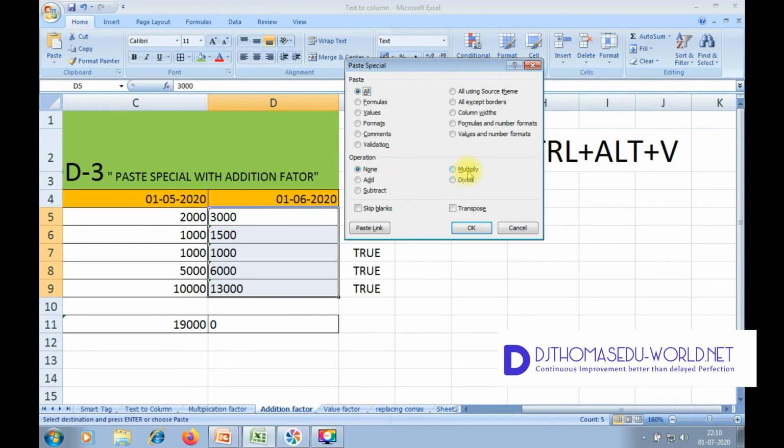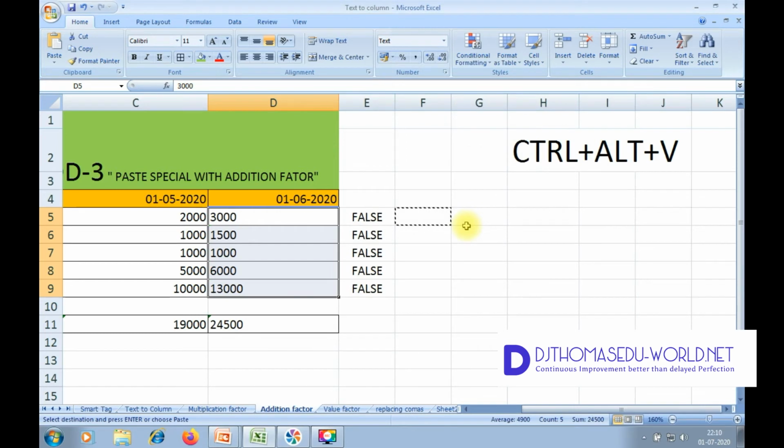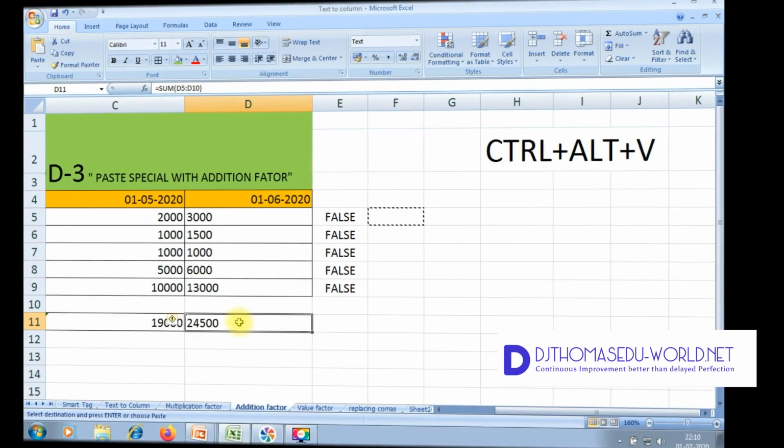Now here instead of multiply you have to choose add. Click on add and give OK. Now we can see each text is changed to false, indicating that all the values are converted to numbers, hence addition is feasible.